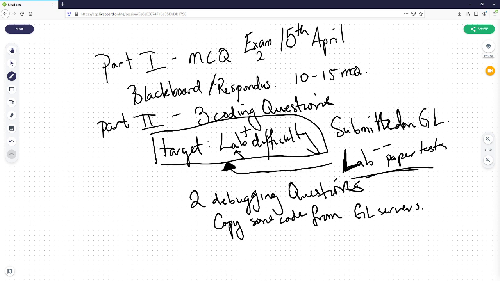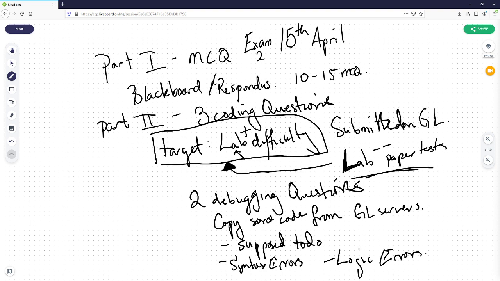So you'll copy a file, and it'll have a description of what the code is supposed to do, right? It'll tell you what it's supposed to do. But it'll have some syntax errors, so it won't run maybe, and it'll have some logic errors. And so my idea for this one is that you should fix the errors,